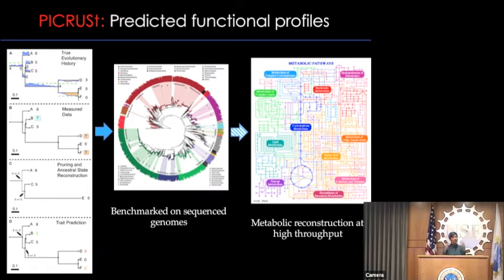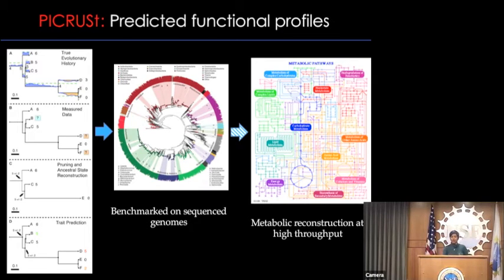Okay, so one of the things is we have the great fortune of having Jesse on the team, and Jesse is a pretty skilled computational biologist. He developed PICRUSt. He was one of the early developers of QIIME, too. So he developed PICRUSt, which is an algorithm that uses ancestral trait reconstruction to use tag data, 16S tag data, to infer the genomic repertoire of branches that are missing or that don't have